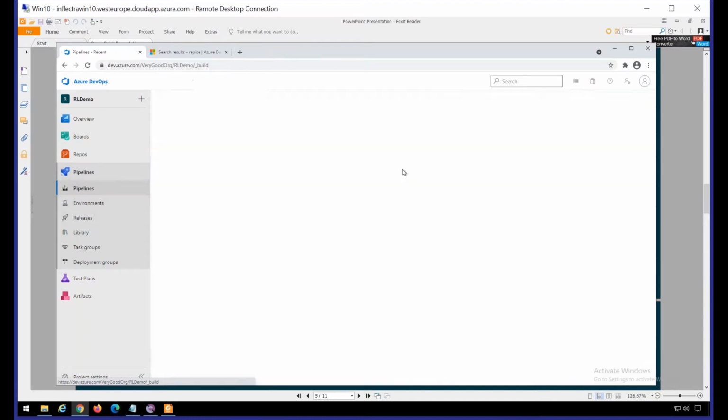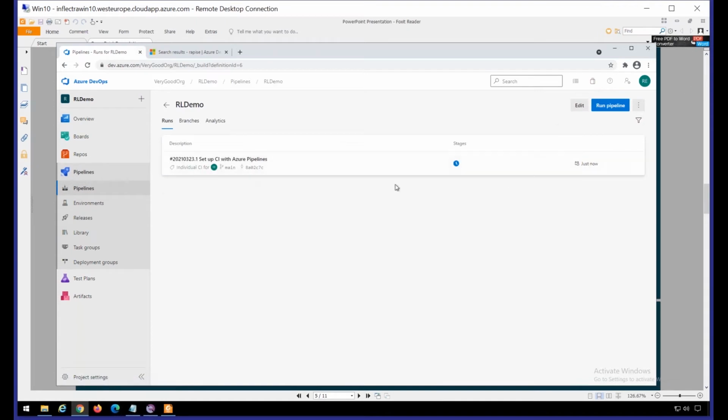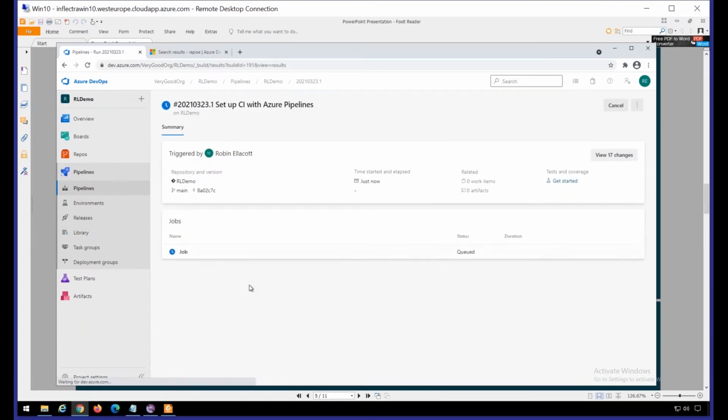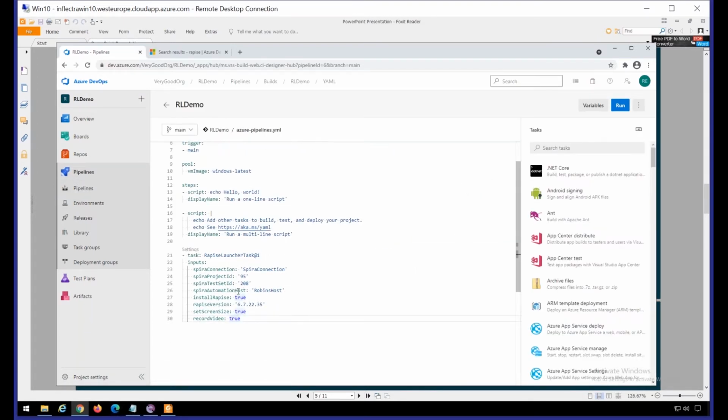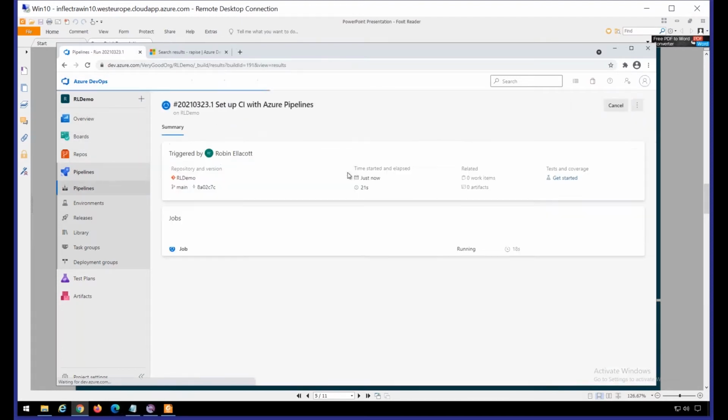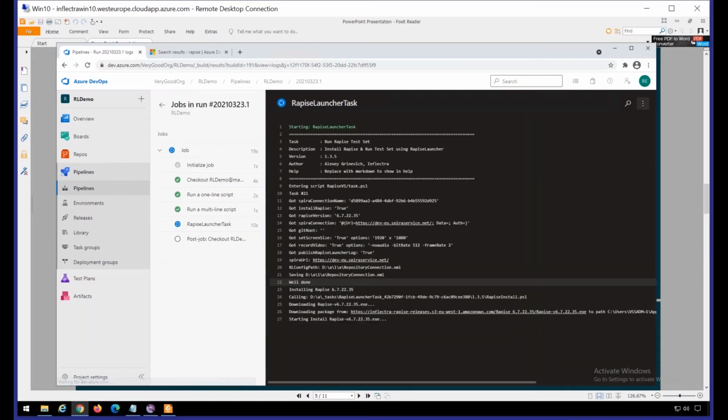As you may see, its structure is straightforward, and even without this wizard task editor, you may still see that it's trivial. So if I want to change the test set, I may just change its ID. I may change the Rapise version and other options right from here. I'm not going to do this right now. So now execution is going on. Usually this execution takes about 3 or